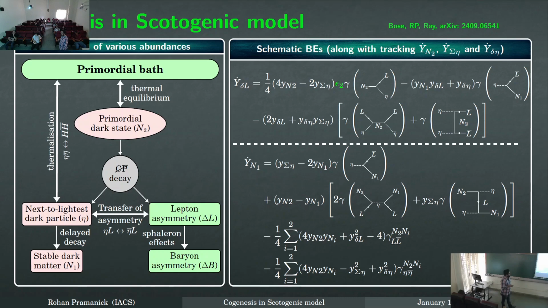Okay. So there are these scattering diagrams that I have written schematically over here. Now we have changed the three parameters of this model, namely the Yukawa couplings and the lambda 3, lambda 4, and lambda 5. Those are the quartic couplings that enter into the potential, and the masses are also three parameters, the masses of M2, M3, and